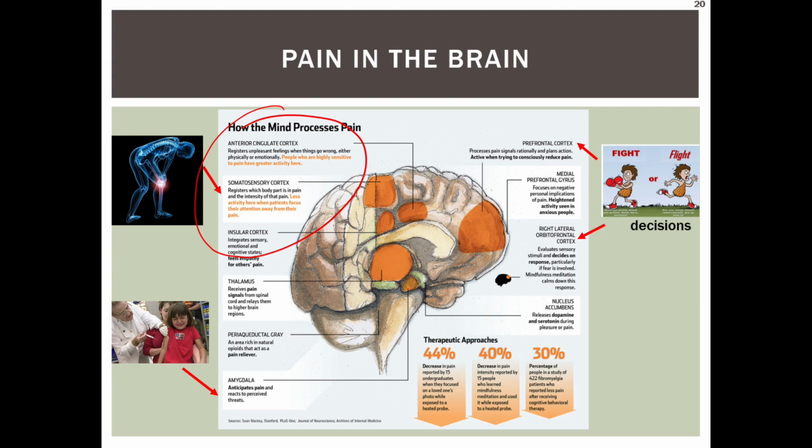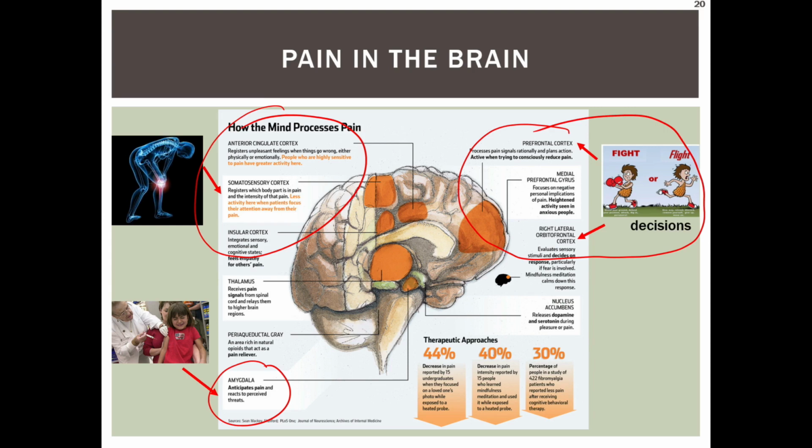In areas known as the amygdala, it's giving you the processing of the feeling of pain, the emotion of pain, the anxiety of worrying about pain or feeling pain. In part of the prefrontal cortex, it's involved with decision making, and it's